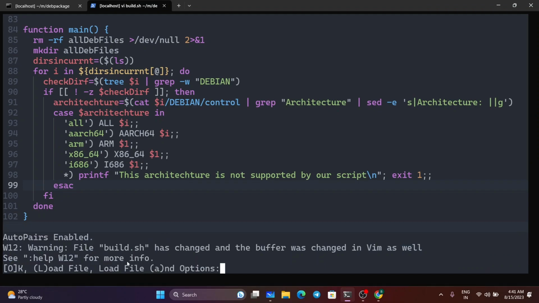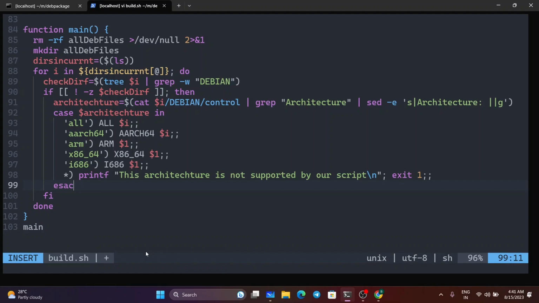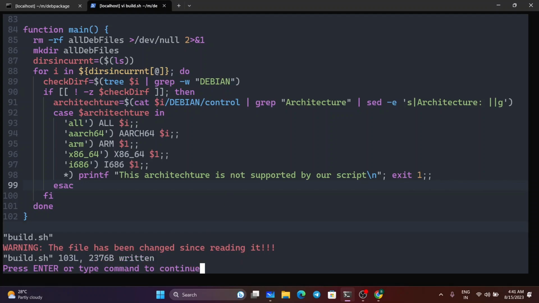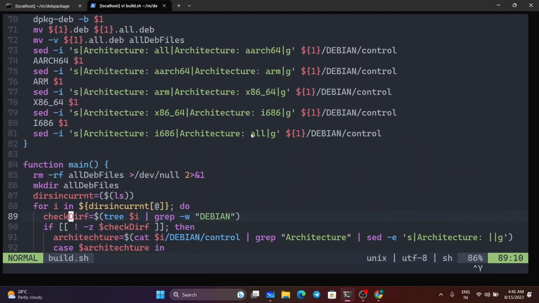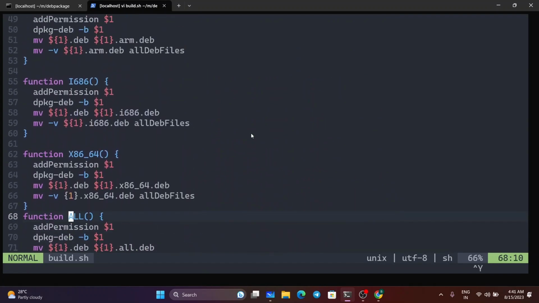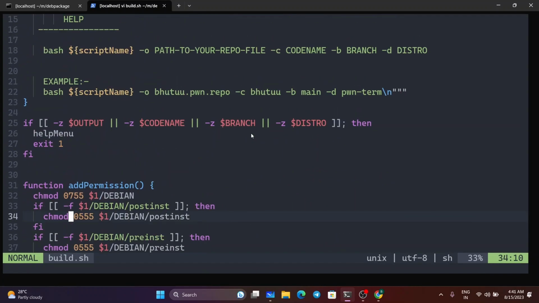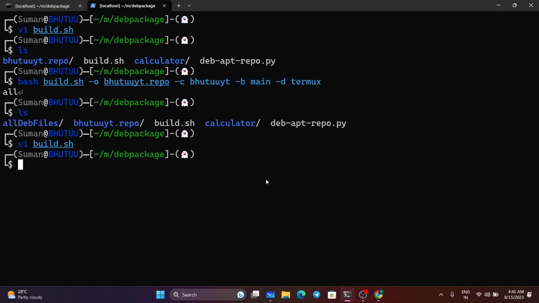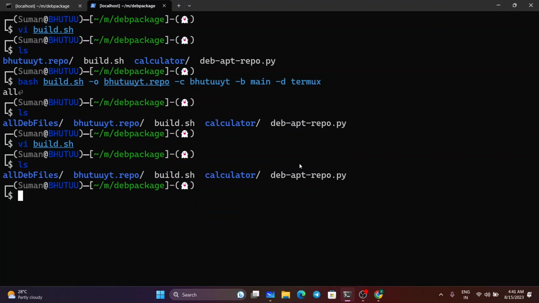Auto pair enabled. Okay, continue. So everything seems fine. Yeah, everything is fine here. Right? Let's control Q bash. If I run this,